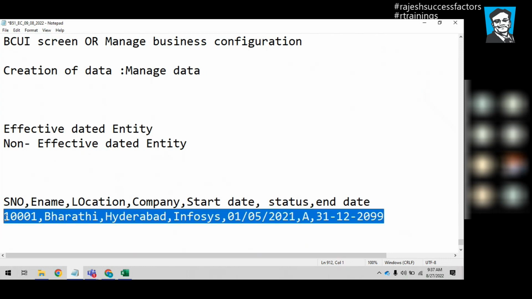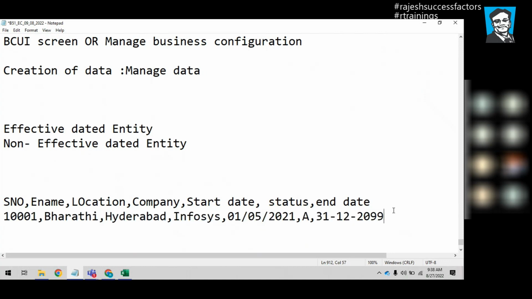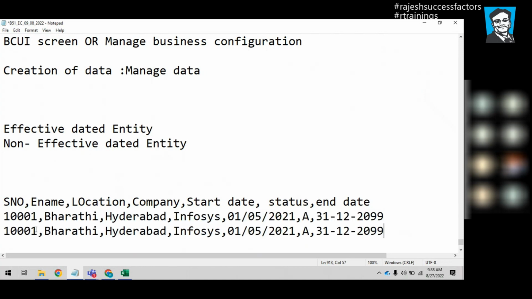Now copy Bharati's information here. Now let's insert one more record of one more person. Let's say the employee number is 1002 and his name is Kiran. Kiran is working from the Delhi, Noida office. Let's say Noida, and he's from Infosys. Let's say he's not from there. It's our system only. Let's give one more data. He's working for one more company. Let's assume he's working for a company in the market, Stepping Cloud, and he's working in this company from